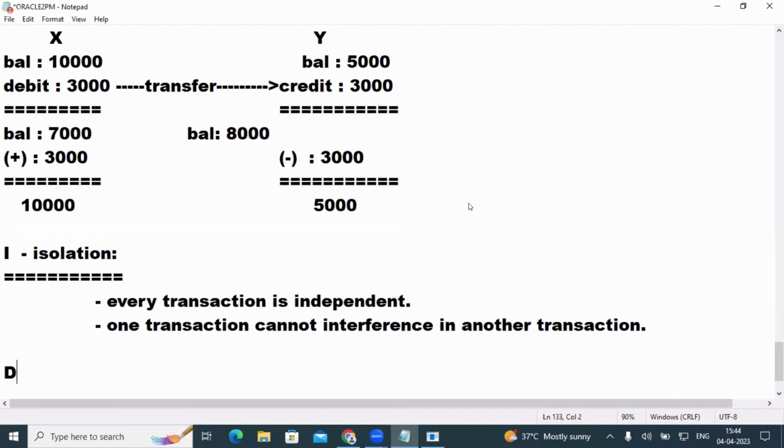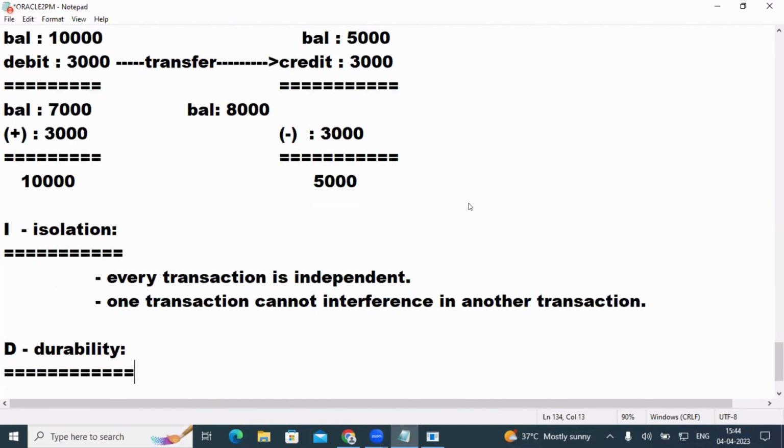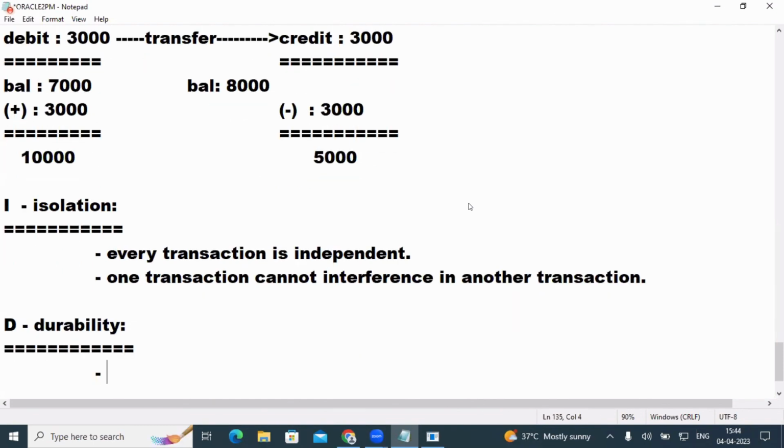Next, what is the next one? D stands for what? Durability. Durability means what, sir? It means that, for example, once you are doing some transaction, in the middle